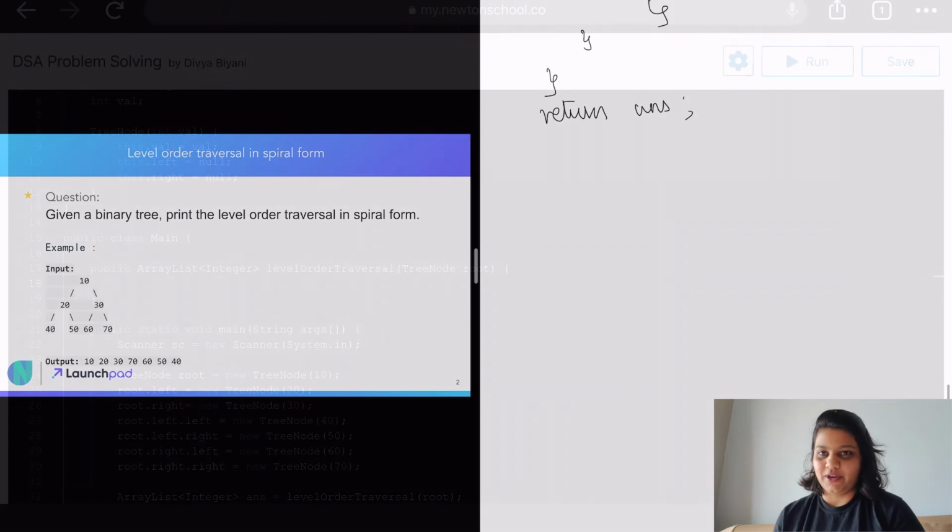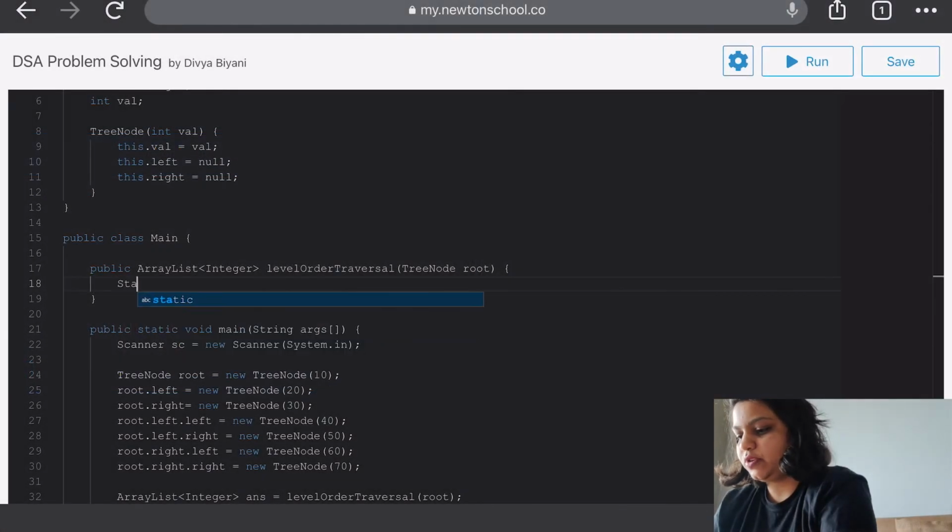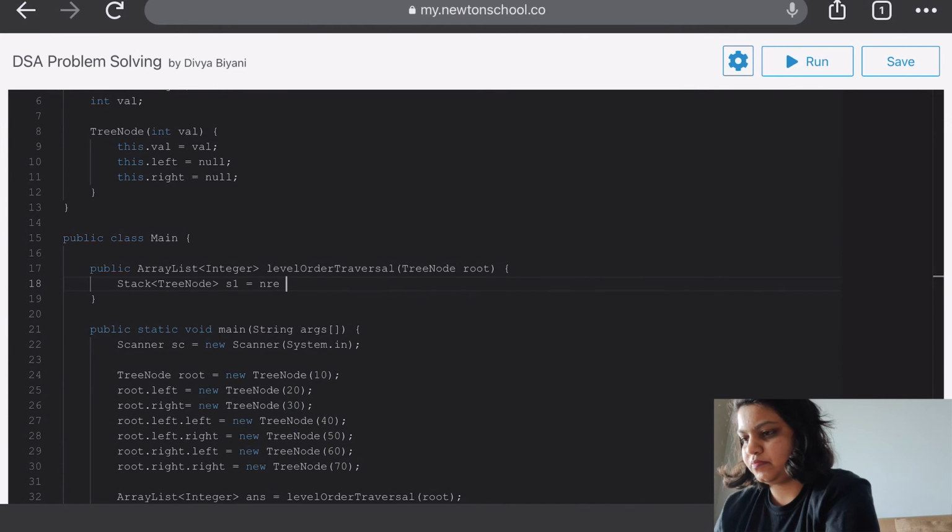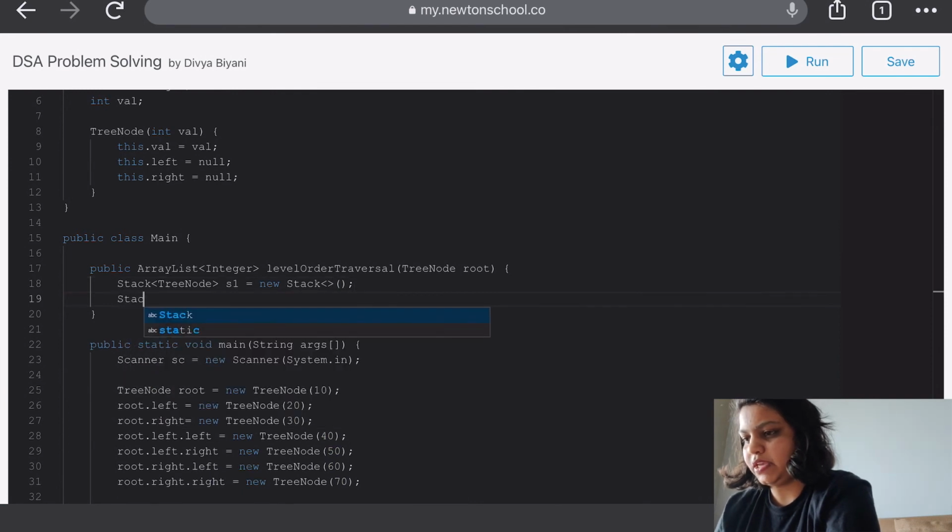Now let's start coding. First we are going to create two stacks, S1 and S2.